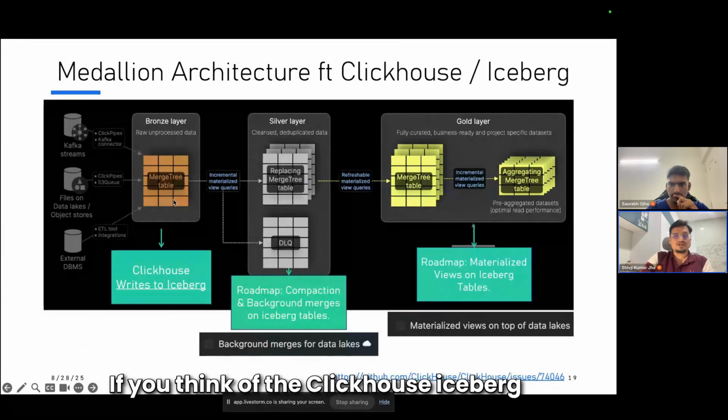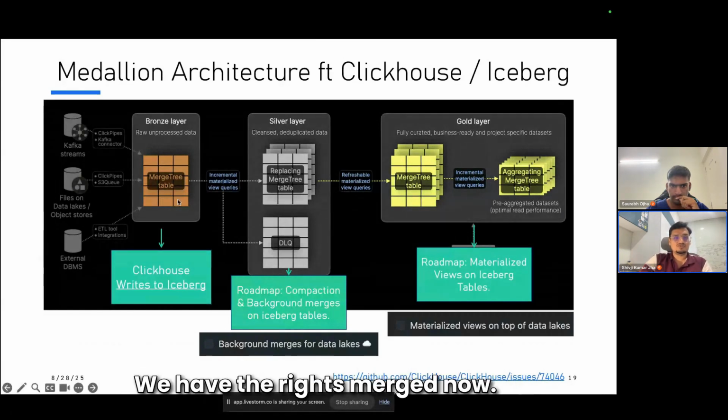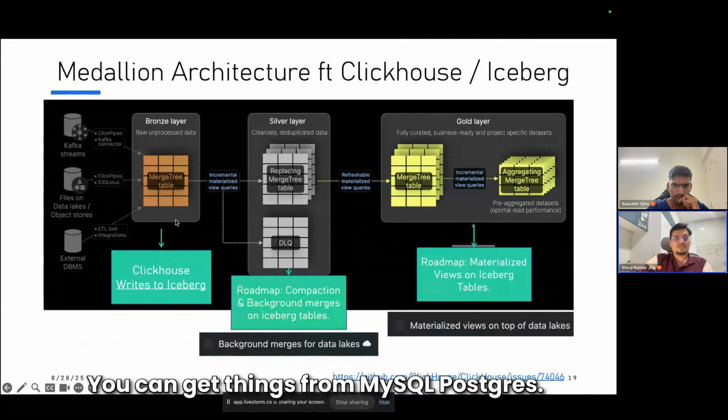If you think of the ClickHouse Iceberg integration in that world, how will you do medallion architecture? We have the writes merged now. So you can put all kinds of things in an Iceberg table, like I showed you in the demo. You can get things from MySQL, Postgres.